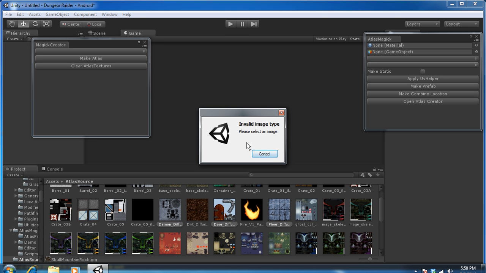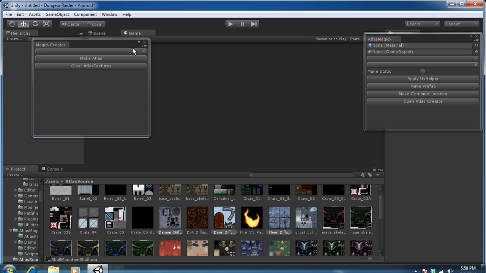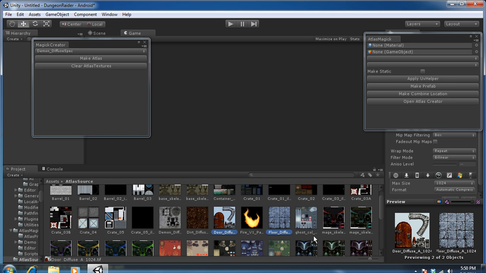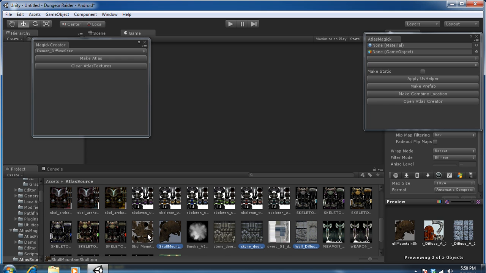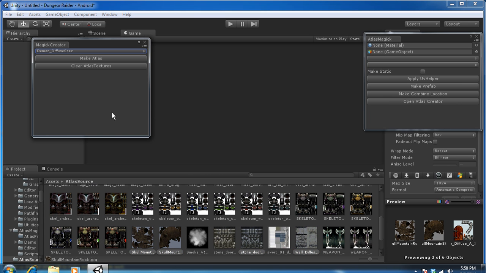Okay, so we have an image type, so let's see what it added. None. So let's retry this. Check and see what's going on here. One of these images it didn't play nice with. As I was saying though,